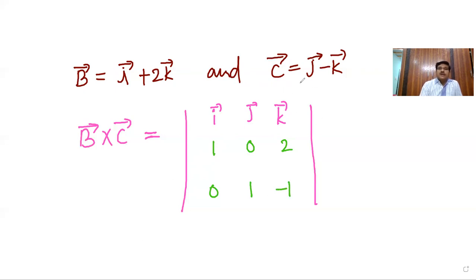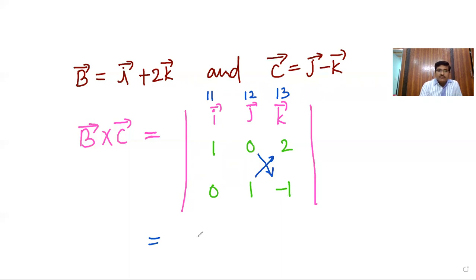Now, what is the determinant? Determinant here I solve. First, leave the first row, first column. Observe carefully, 11th element, 12th element, and 13th element. Ith row, jth column. Again, 21, 22, 23, 31, 32, 33. Clear? First row, first column. First row, second column. First row, third column. Leave the first row, first column. AD minus BC.